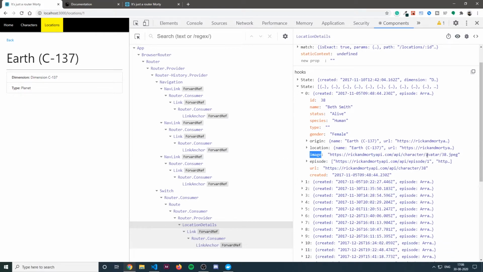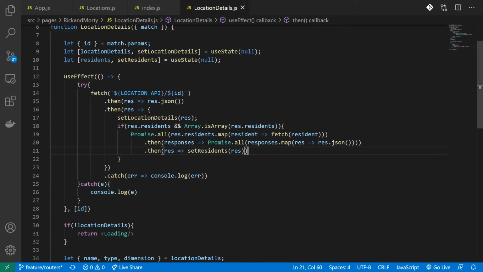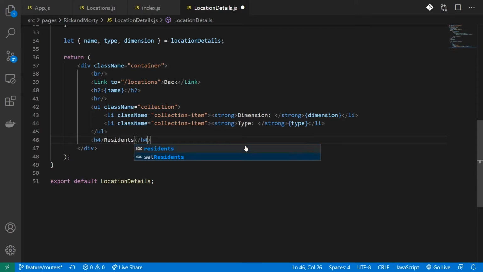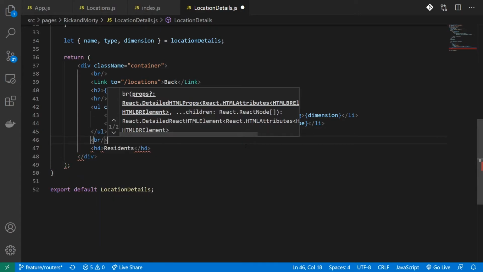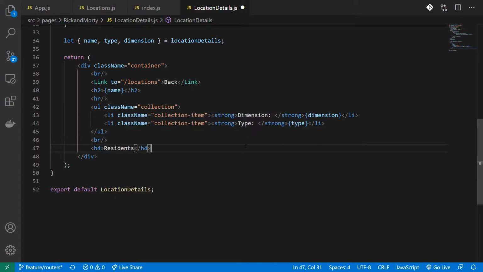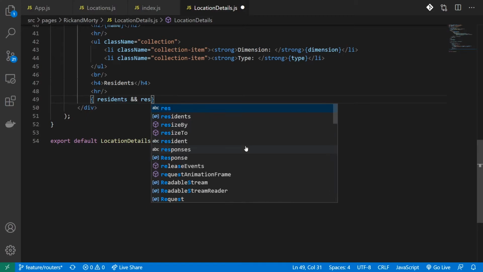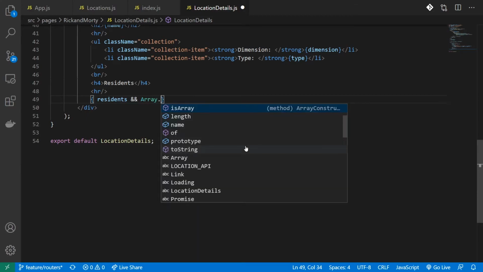Now I'll have to use the image in this residence property and render it out. I'll give a header, call it residence. I'll add a new divider. Now I'll first check if there are residents. If there are, I'm going to check if that is of type array.